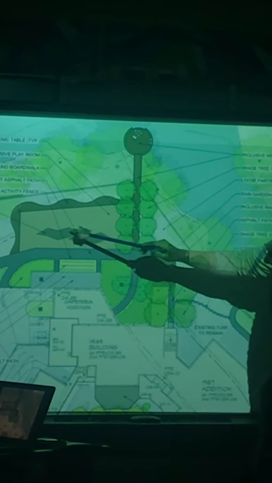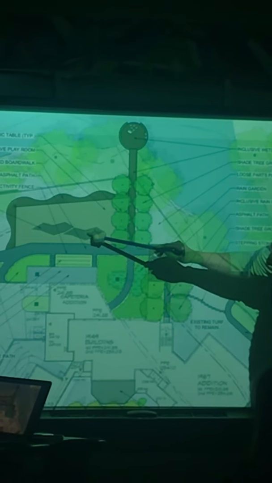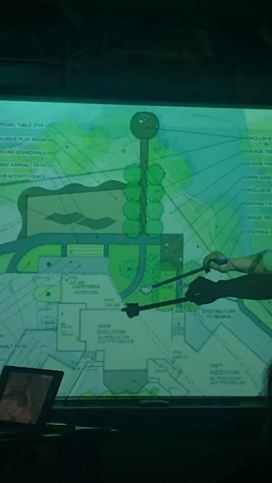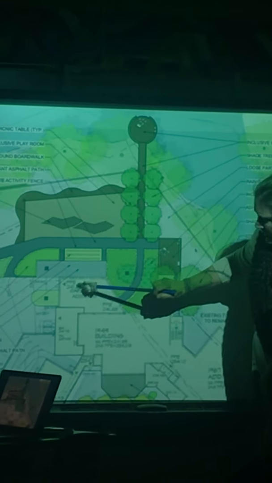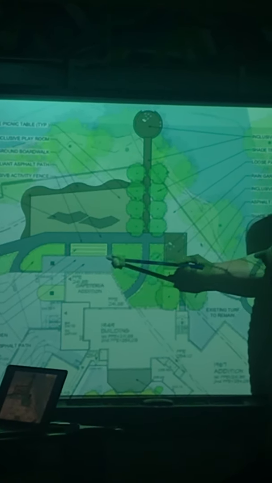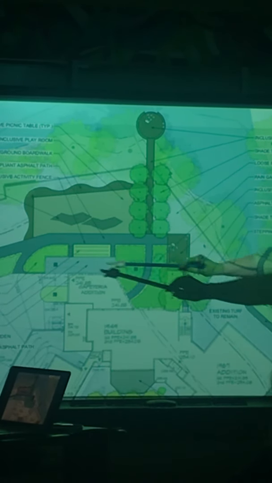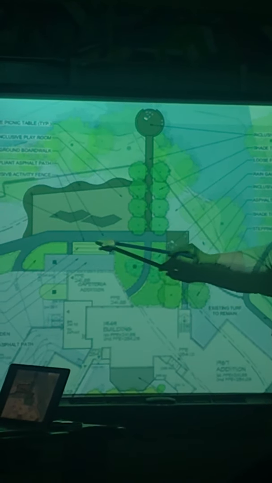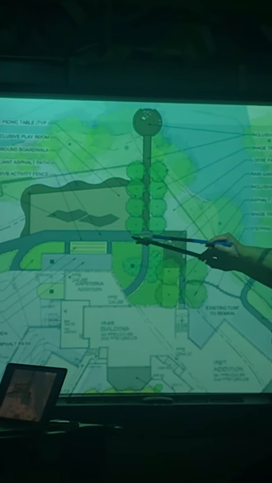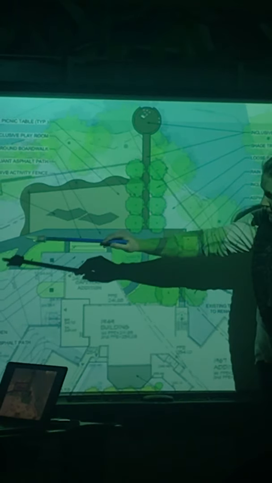Here's your play area. These are the spaces that your current play equipment takes up. Right outside your cafeteria, this is an area that's really required. We can't fill that area up for fire code reasons. It would make a really nice stage for the audience, which could sit on this little hill. You could have a new fence along the back. You slide all the way over, and allow access around this whole